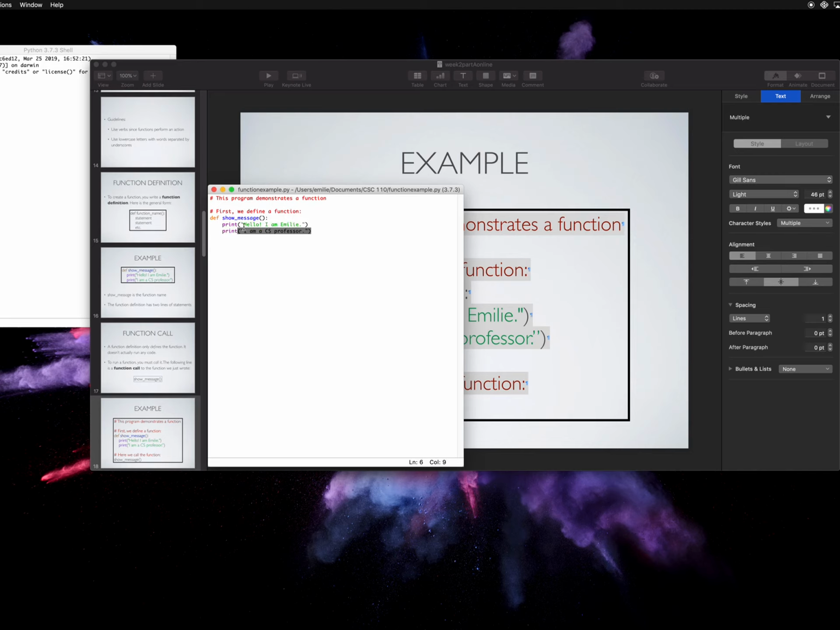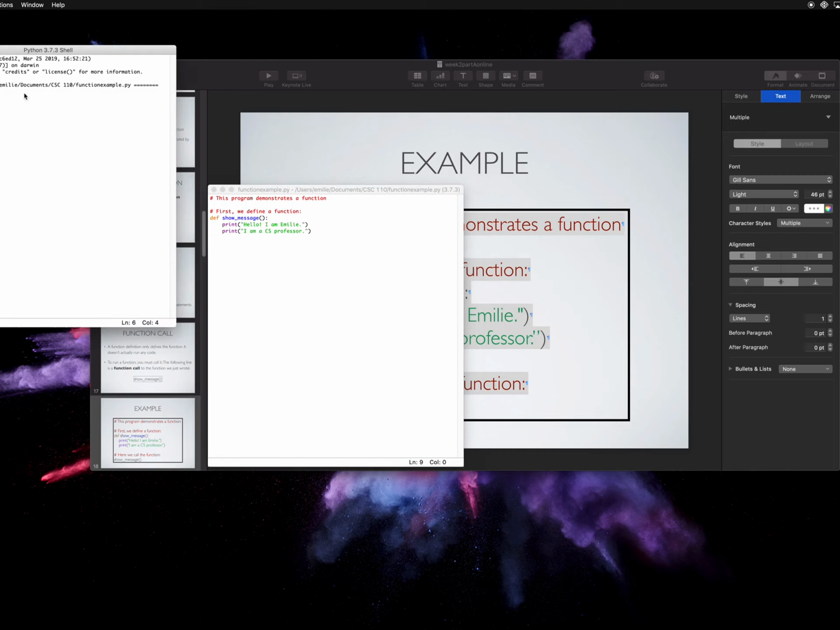Alright, so if I do not have a function call and I run it, nothing happens. Right? And again, that's to be expected because function definitions, all they do is they define what a function can do, but it doesn't actually run the code until you make a call to it, until you do a function call. So now I'll go ahead and run it again. And there you go. Now you can see, alright, there is a function definition. Once this call happened, it went to this function definition and said, okay, I'm going to print these two lines